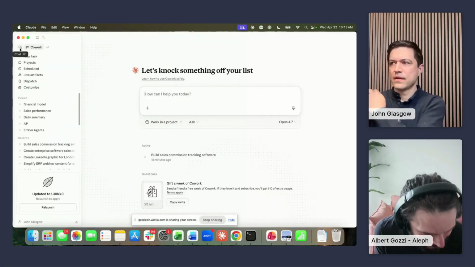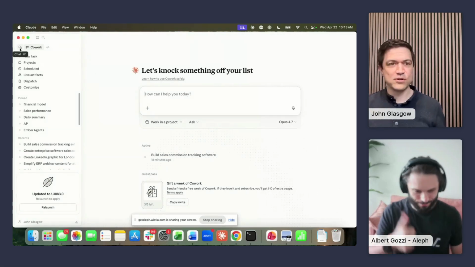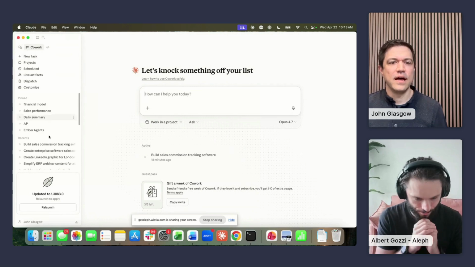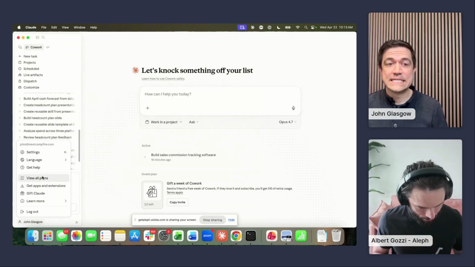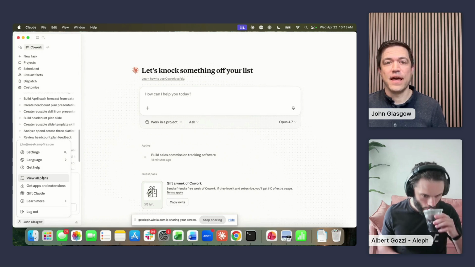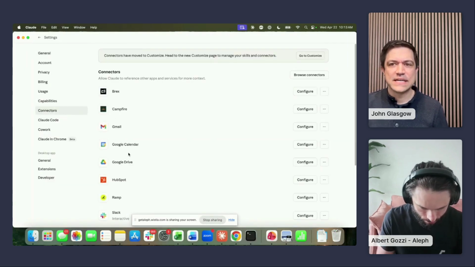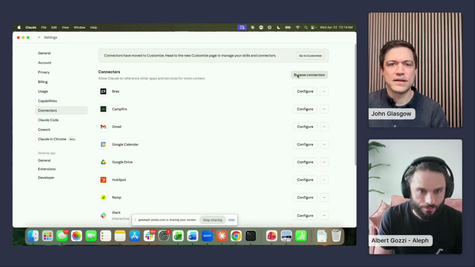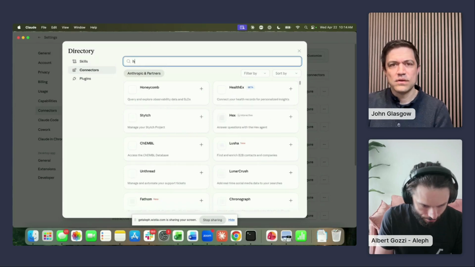Yeah, exactly. Okay, so everyone can see my screen. I am in the desktop version of Claude. You can go to their website and download this. Just a couple of housekeeping items. If you want to connect it to different apps, we'll show that in a second. But when you go into settings and into connectors, you can see I've got Campfire connected, of course, but all sorts of connectors here. So you can go into the store and look things up.